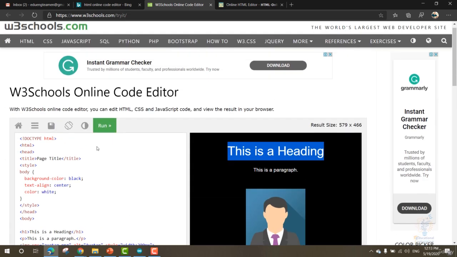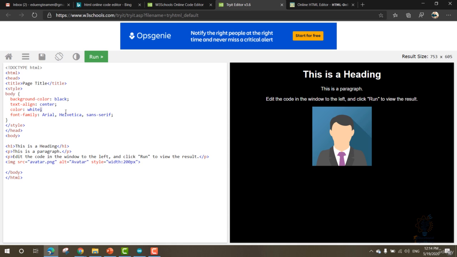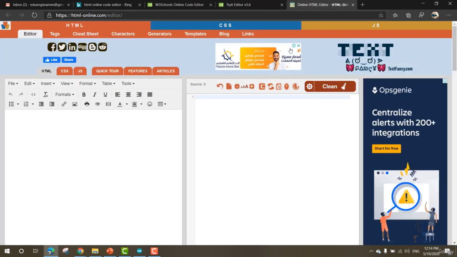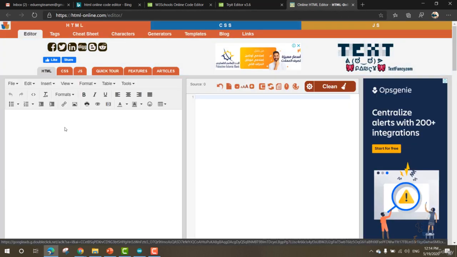So if we want to use this one, as you can see, this is the online editor for this website. You can write your text and see it here, see what's happening here. To edit this text, you can edit the heading. This is the heading. You can write your name and click run, and it will be visible here. Same for other things, or you can simply try this one. You can start writing hello world, ESP32 email testing,